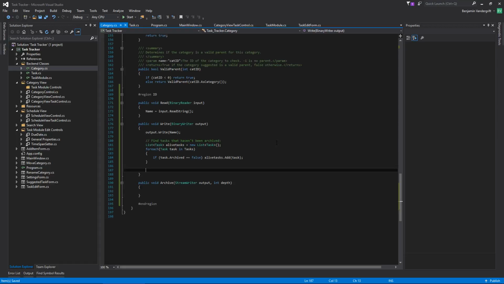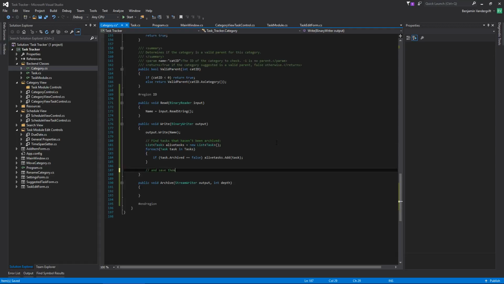So having them not write out is kind of nice, but you add a category that you plan on continuously using, so it makes sense to add more of an elaborate category delete later. And if you want to get rid of a task, just mark it complete and then hit archive and then reload the program and it'll be gone. That's the way that I'm planning on handling that. And archive them